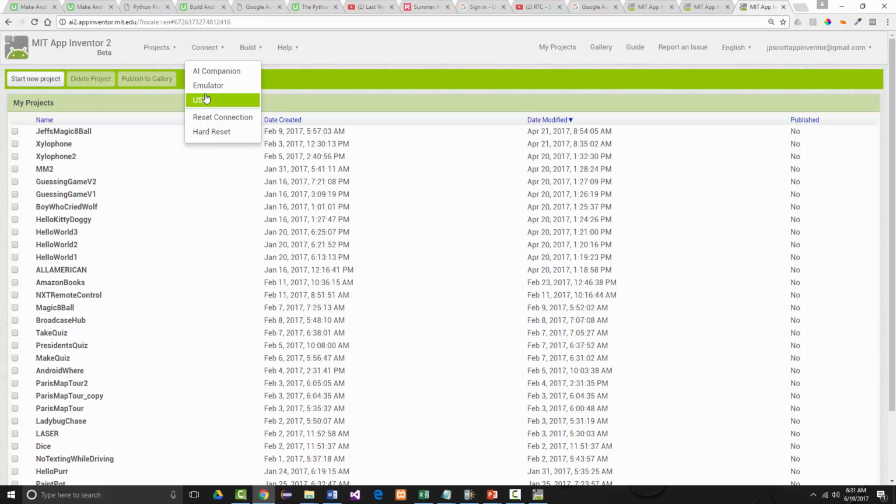And now we can actually tell it to bring up the emulator, which is what we're going to run. If we wanted to connect to a device, we could choose USB here. We're not going to do that. Sometimes when you're working on the emulator, your connection will appear to have dropped. I'm not sure exactly why that happens, but it does. If that happens, you can try to do a reset connection, which works about 90 some odd percent of the